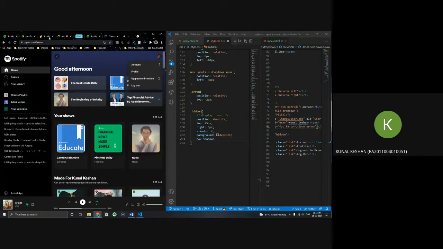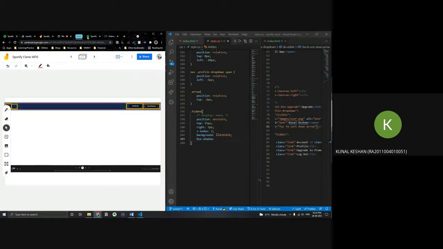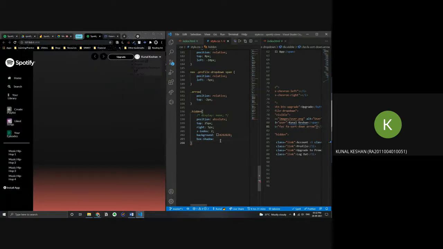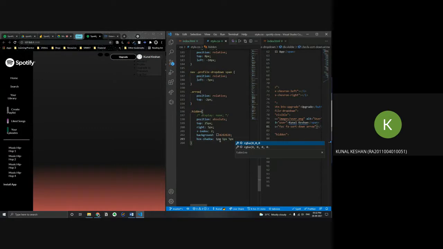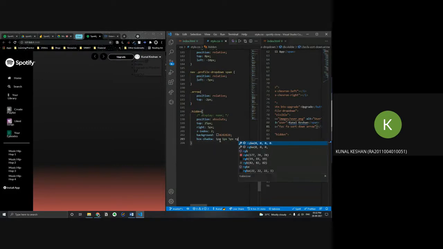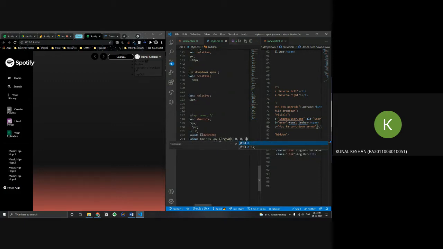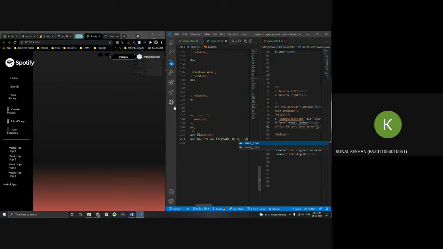So you can give that using the box shadow property. Right? We want to see how it looks. So box shadow, maybe 1 pixel, then a spread of 5 pixels, and RGBA black with a little bit of opacity. So you can see it's very light over there.